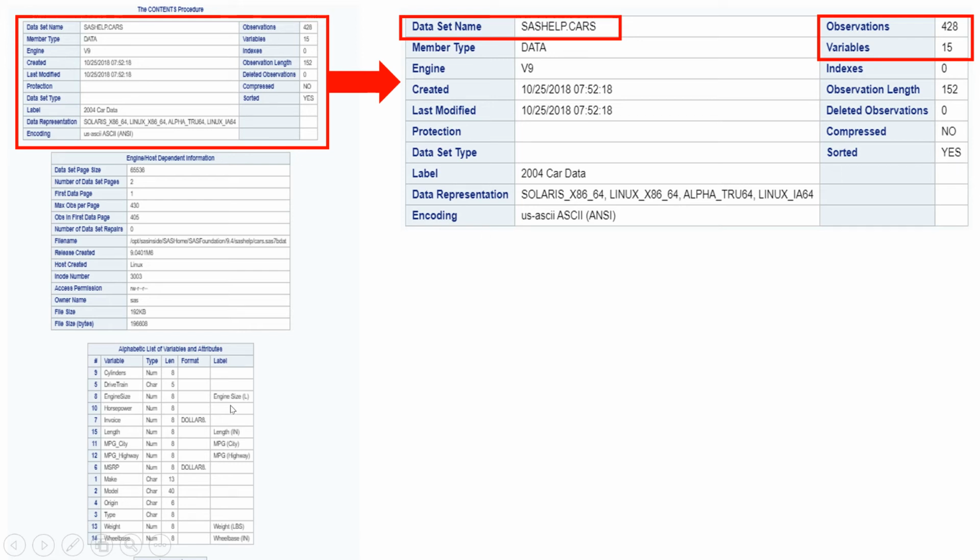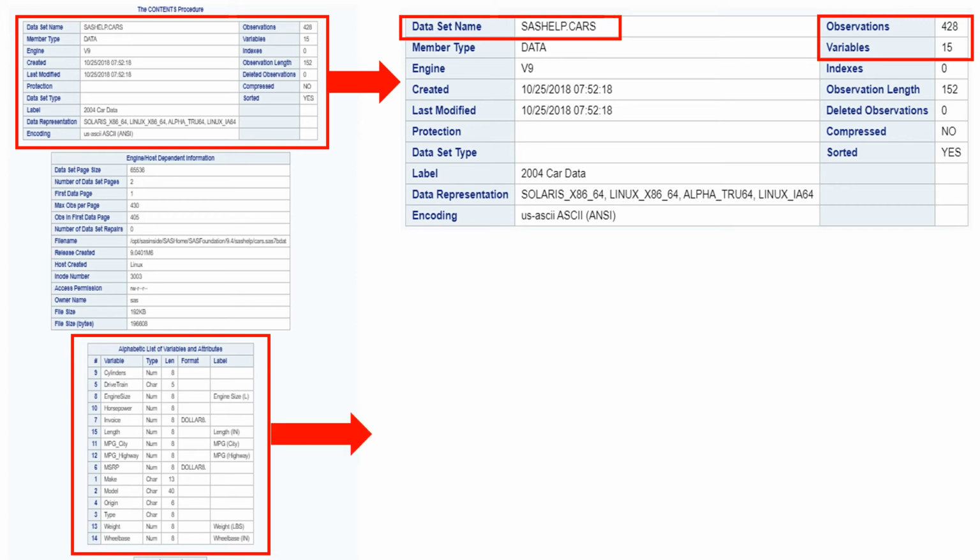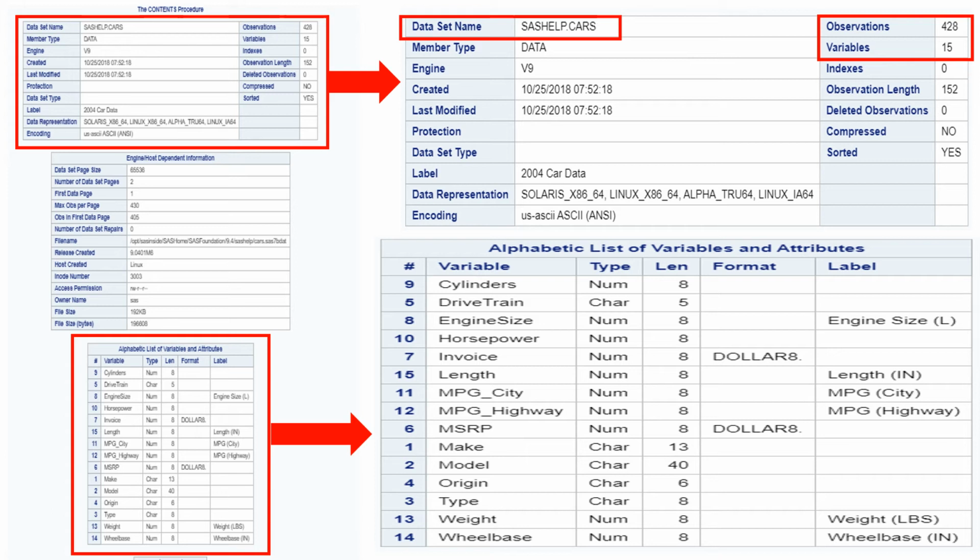Now let's look at the second section, which we're going to discuss. Alright, now let's look at what information is available in this section. As you can see, it shows an alphabetic list of variables and attributes.